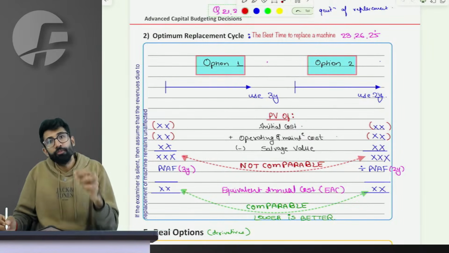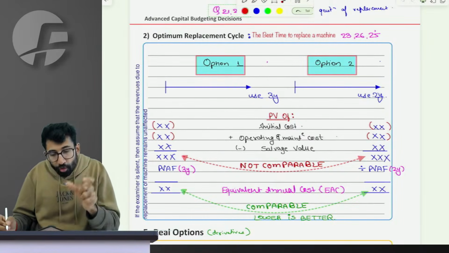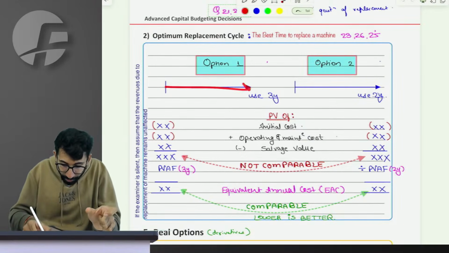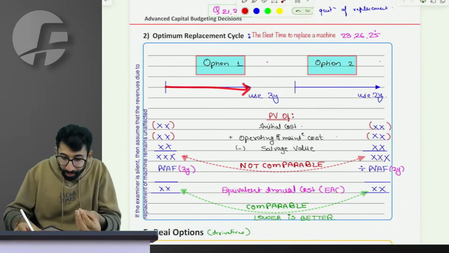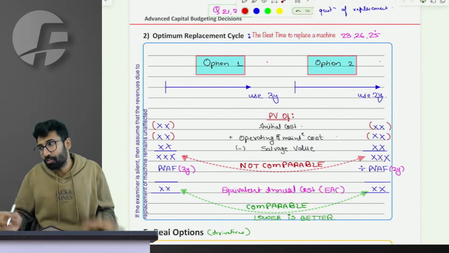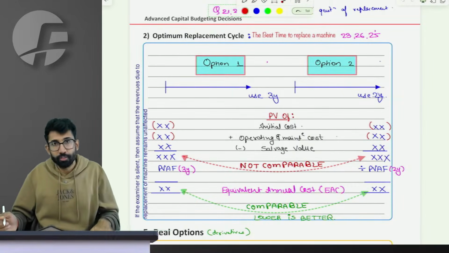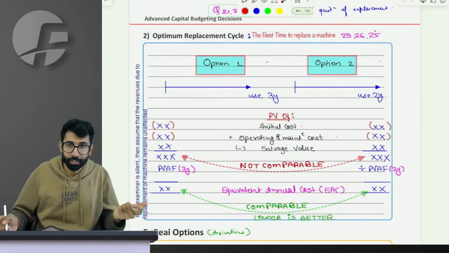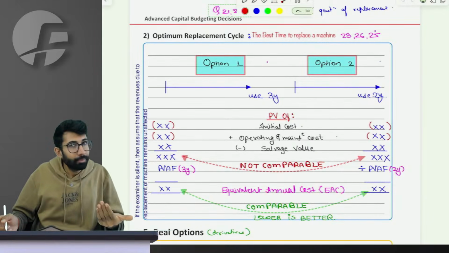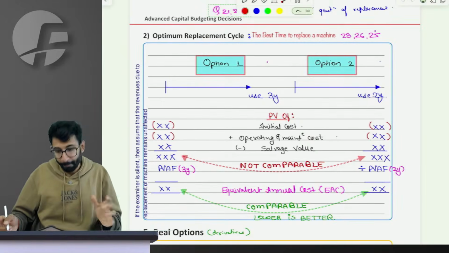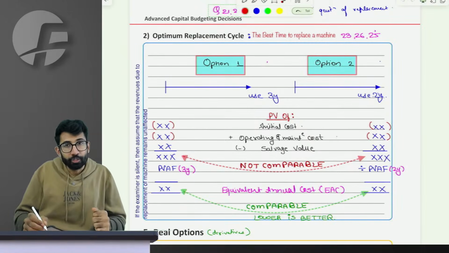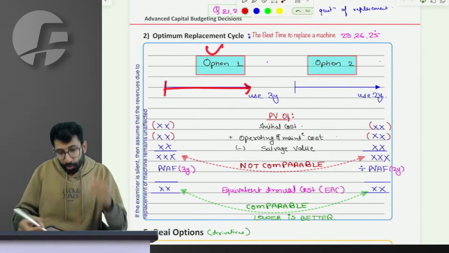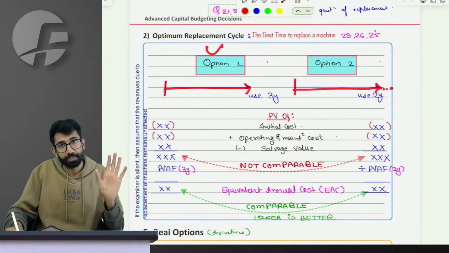Sir, I want to figure out which of the 2 assets is better. Using it for 3 years is better, or buying another asset, or in fact let me change the story. Let me explain to you the original story. I was trying to manipulate you by way of story and then come to the main concept. I feel you would be able to understand the main concept directly. Sir, I can buy a machine. Option 1, use that machine for 3 years, or option 2, use the same machine for 2 years.